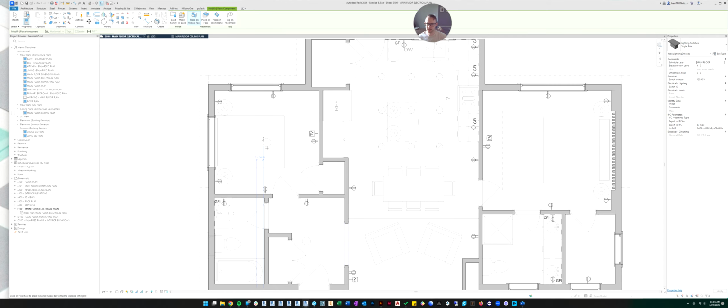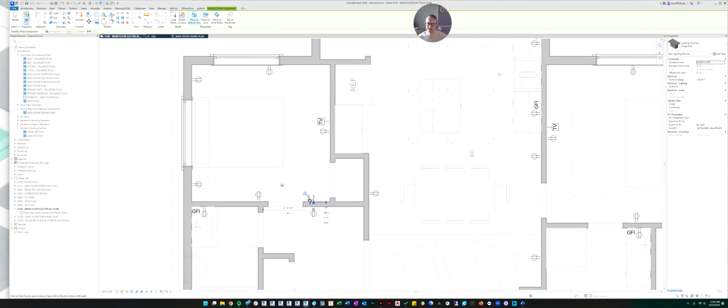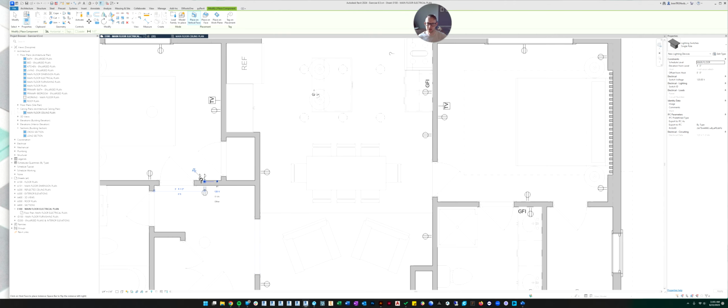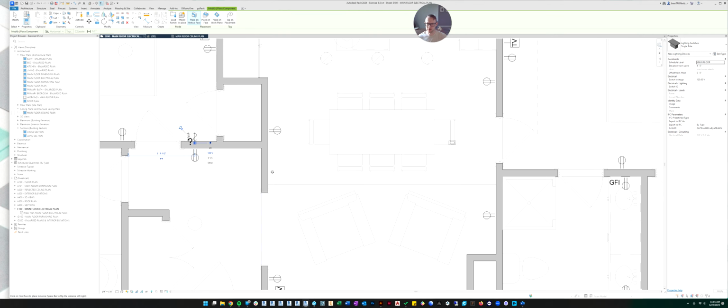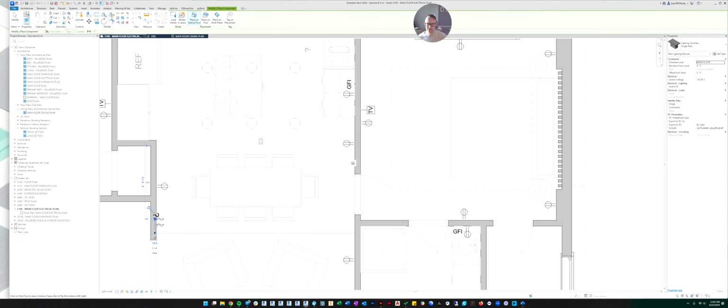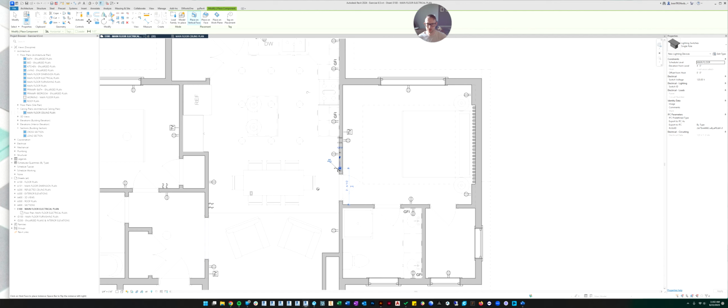So we did lights in this bedroom, so let's put our electrical switches. We'll do one for the main light and we'll do one for the pendant lights. Then in the kitchen, we'll probably want to turn the lights on from where we enter from the entry. So we'll put a switch there for the main kitchen lights and another switch for the pendant lights. And then we'll also want to be able to switch the lights on from this side of the room. So we'll put one switch for the main lights and we'll say you're only going to control the pendant lights from that side. So we just need one switch for over here.